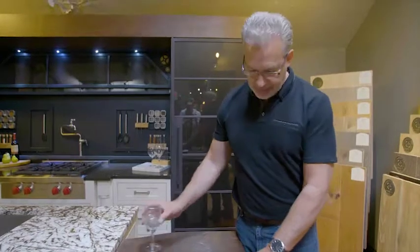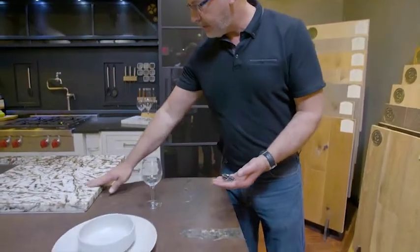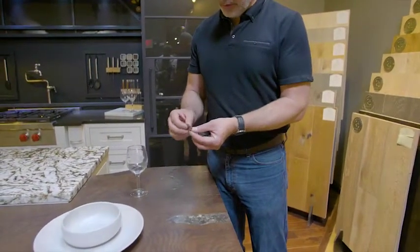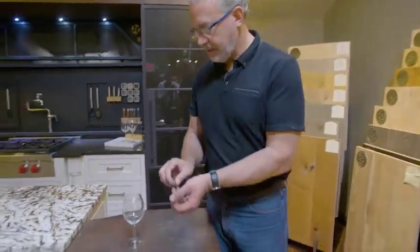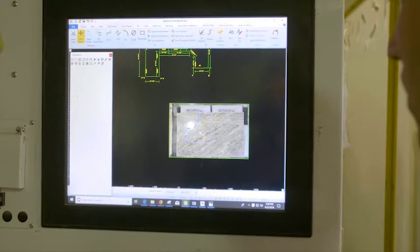So we did an epoxy infill here, and we actually used some of our granite. That's the pieces that are in here. This is mica. We have loads of this that we use for different infills, so you can see how that's in that epoxy. We love using a lot of high-tech things like our computer controlled